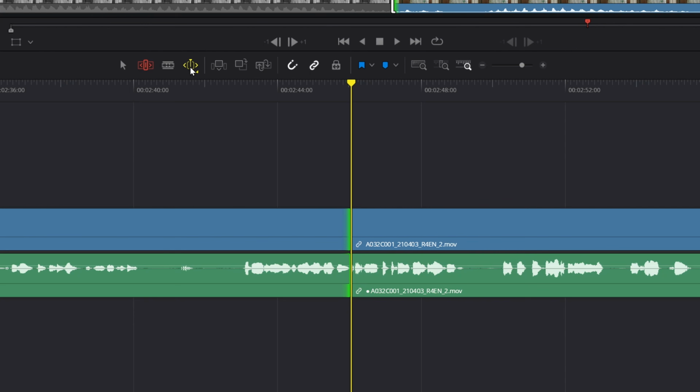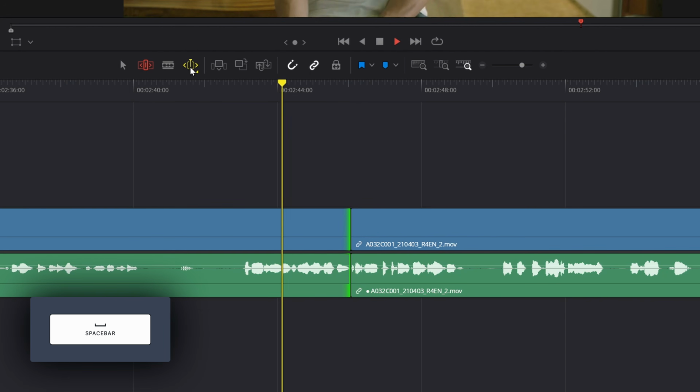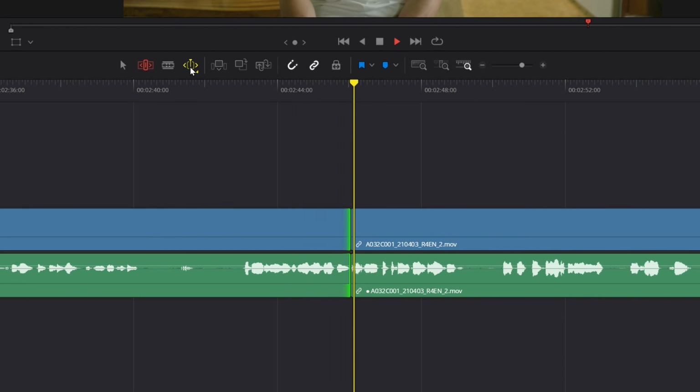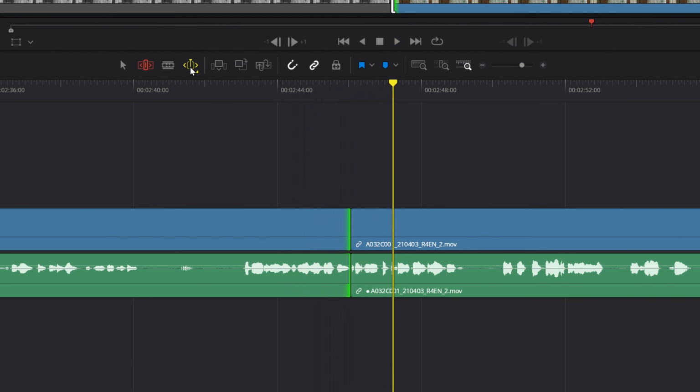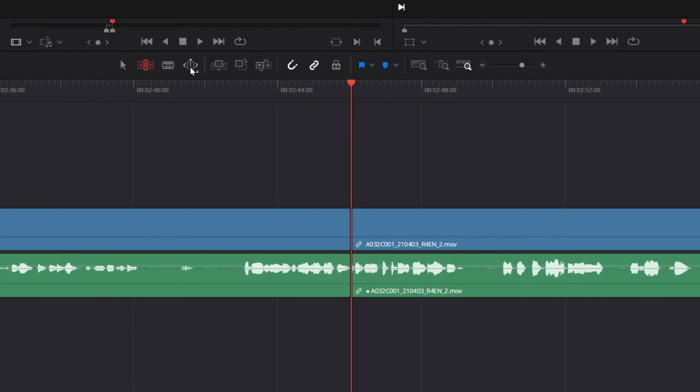So I'll say that dynamic trim mode has one other interesting thing. After I trim my footage, maybe I want to preview that new cut. Well, in this mode only, when I hit spacebar, it'll back up a bit and play through the cut, which is kind of fantastic. You can see this preview in regular editing mode by pressing /. I'll hit W to get out of dynamic trim mode, and I'll hit A to get out of trim mode, and back to my selector mode.